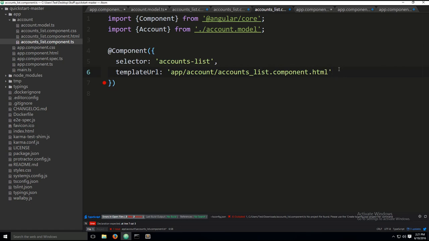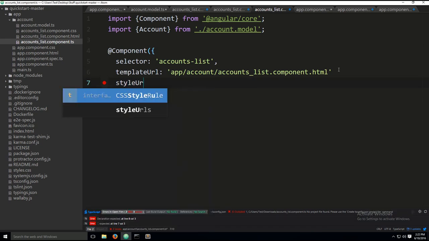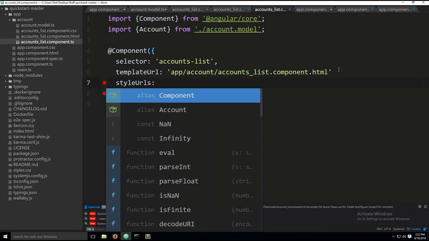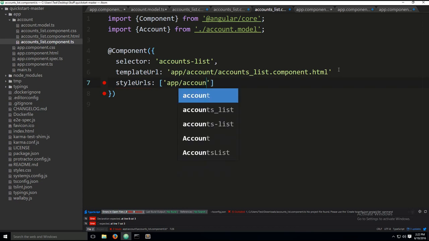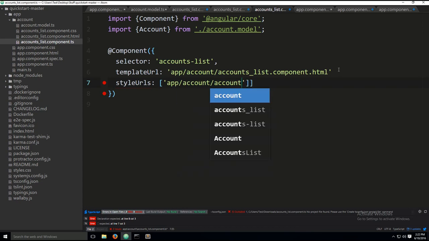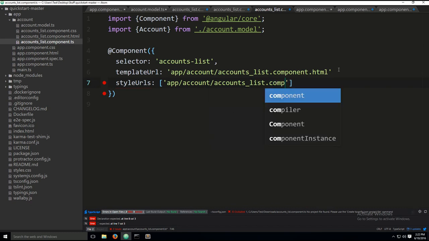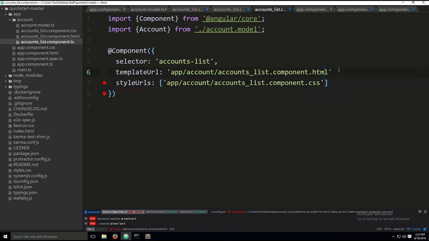Okay, so next up, we're gonna need to give it a URL for the styles. So styleUrls, and we're gonna go ahead and do that as well. So just put the quote marks and then type in app slash account slash accounts underline list. So we're just plugging in the CSS component dot CSS, and of course we need the,